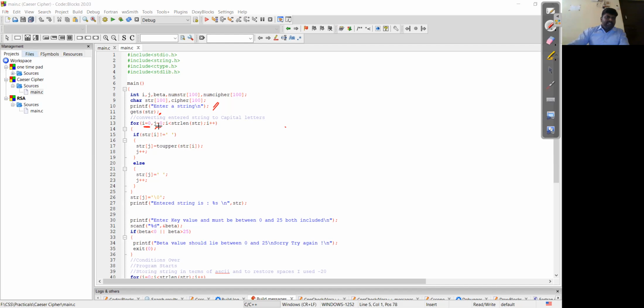So I'm initializing i equal to 0 as well as j equal to 0. i should be less than or equal to strlen, the string length, of str, and then i plus plus. So it is going to consider each and every character present in the complete string and increase further. Any query so far?